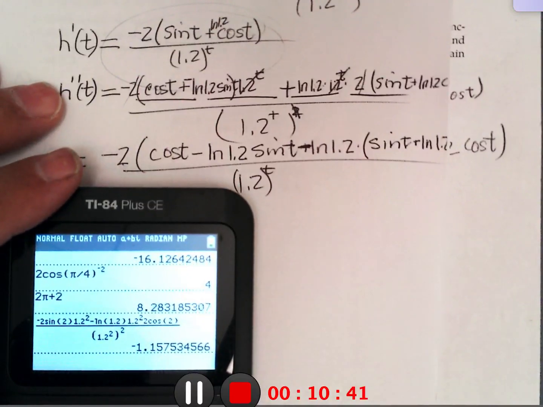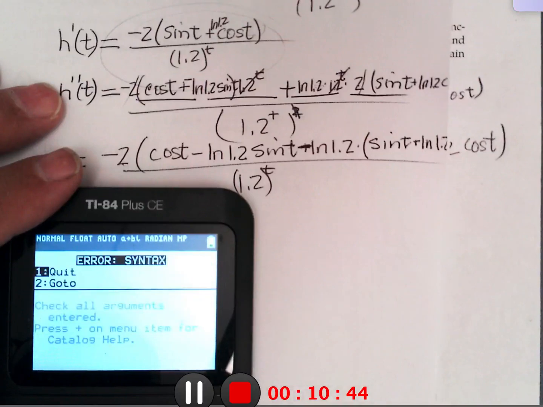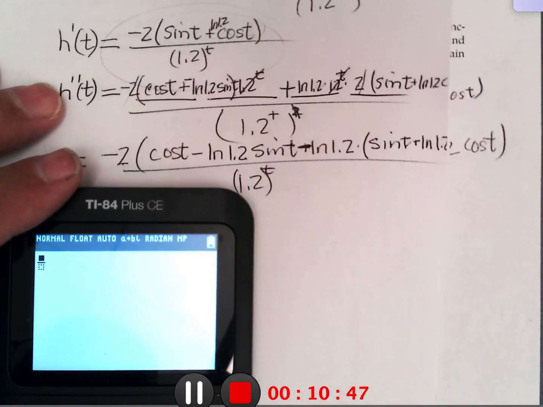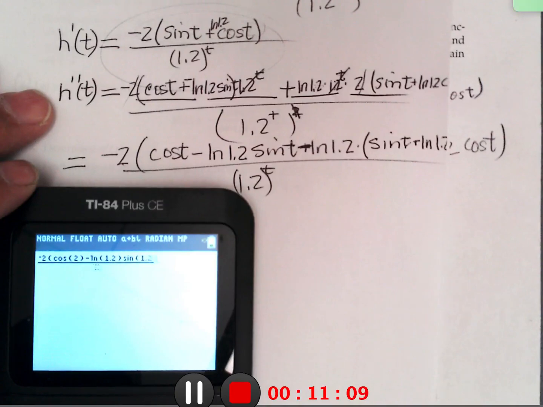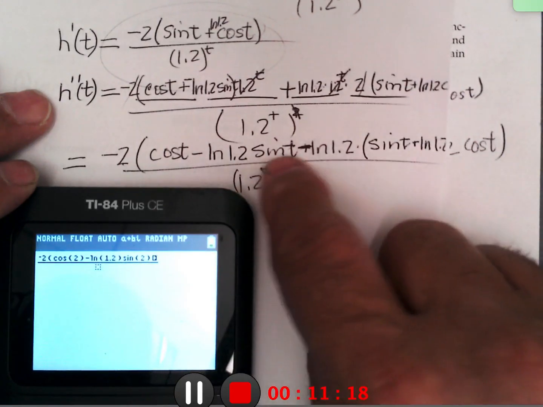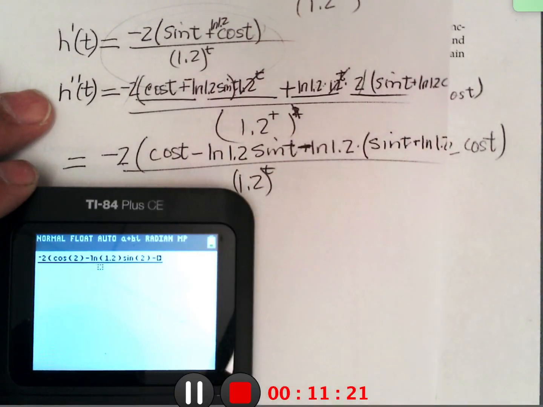Math, fraction, numerator is -2 parenthesis cosine 2 close parenthesis minus ln 1.2 close that, ln sine 1.2 close this, sine of 2 close parenthesis minus ln 1.2 close that parenthesis